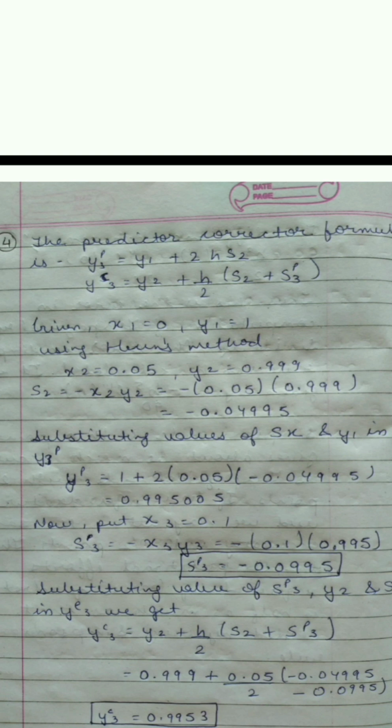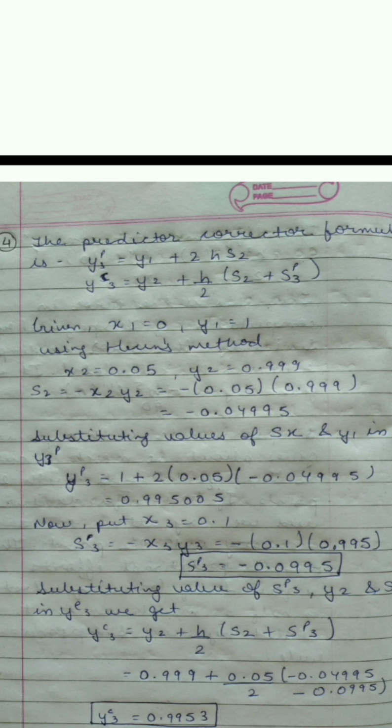So we will get the value of x2 is equal to 0.05 and y2 is equal to 0.999 using Euler's method. The value of s2 will be minus x2 y1 is equal to minus